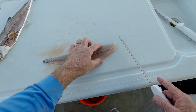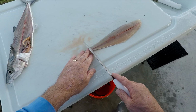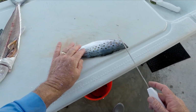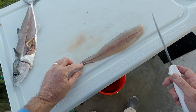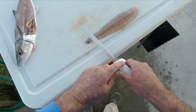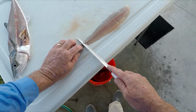Now, the trickiest part to me really with this Spanish mackerel is getting this skin off and being careful not to cut your knife all the way through the skin, because this skin is real thin and it's easy to cut through. So the best way to do that is just make sure your fish is on close to the edge of the board so that your knife handle can be off the edge of the board so that you're able to lay it flat. Then just sort of start at the tail,